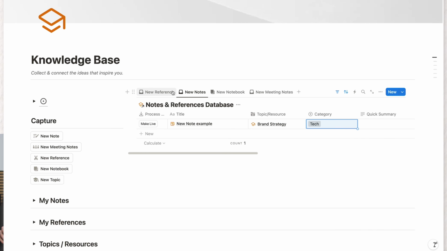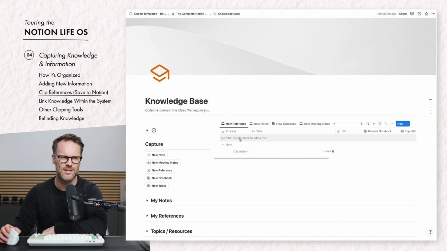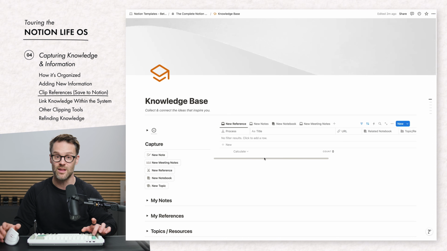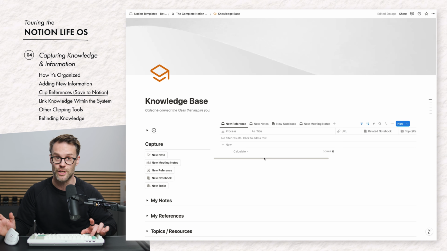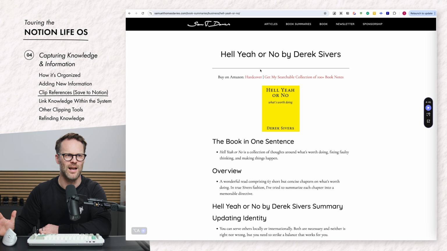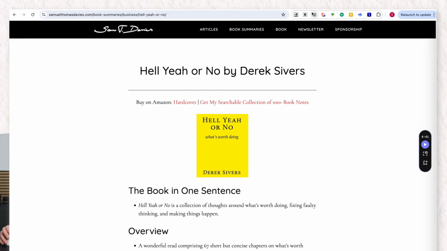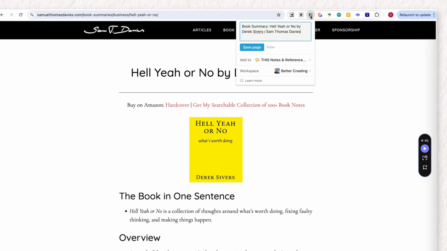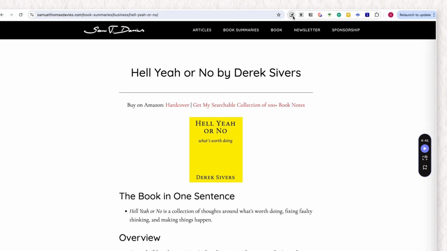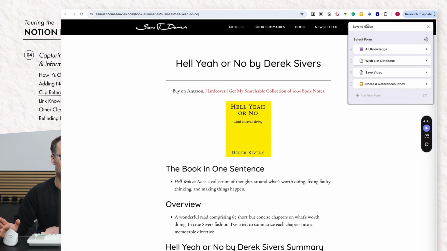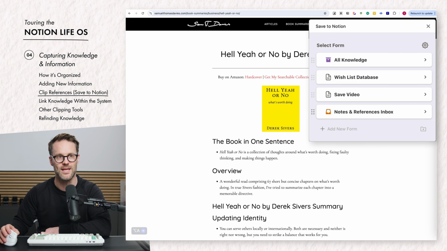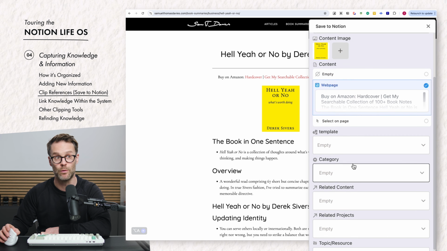But when it comes to references, you're not necessarily going to type them in, and that's where I think my favorite external tool for Notion comes in. If we jump to this example of Hell Yeah or No by David Sivers, this is a little overview I found. So I've got a couple of extensions up here. I've got Notion Web Clipper, which will allow me to save the page to the database, but my favorite is Save to Notion, another Chrome extension, and this allows you to create little inboxes, and I've built this within the